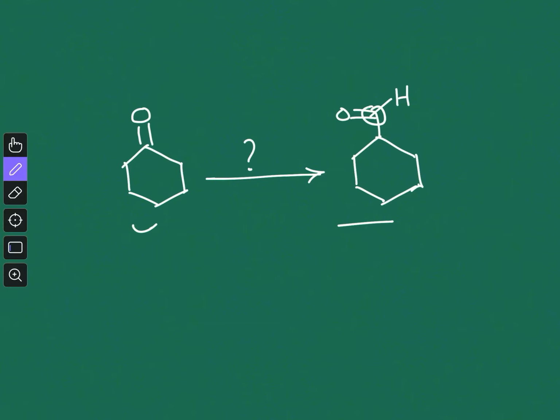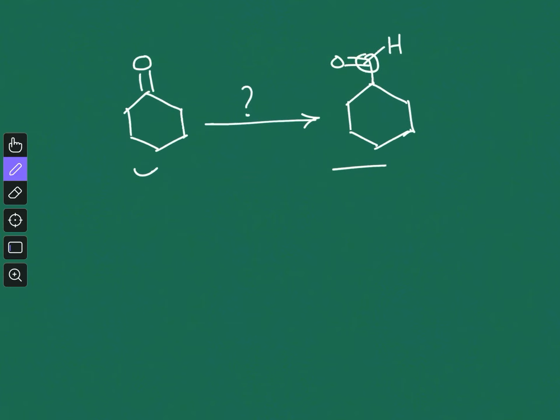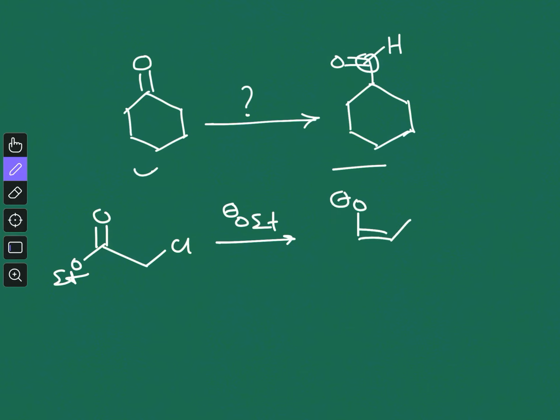Okay, now let me answer for you. In this case you can use the Darzens glycidic ester condensation reaction, and you have to do one more step after the glycidic ester formation. So if you start with a chloroester, so this is your chloroester, and in Darzens glycidic ester condensation you first make the enolate. So from here you will make the enolate.